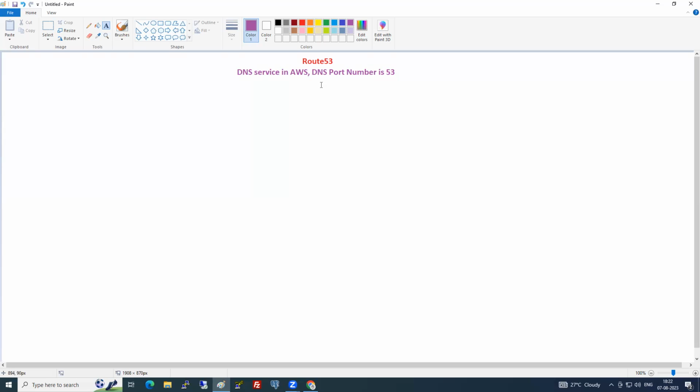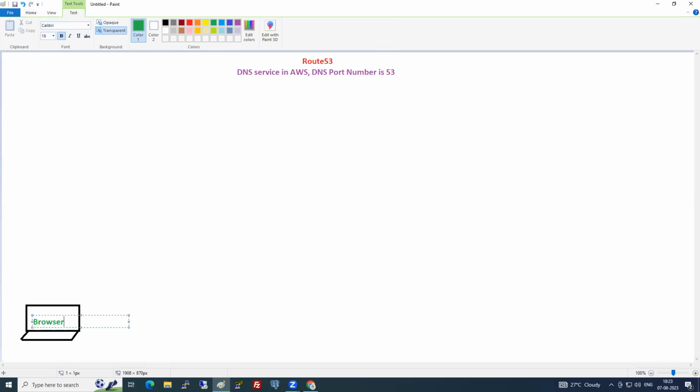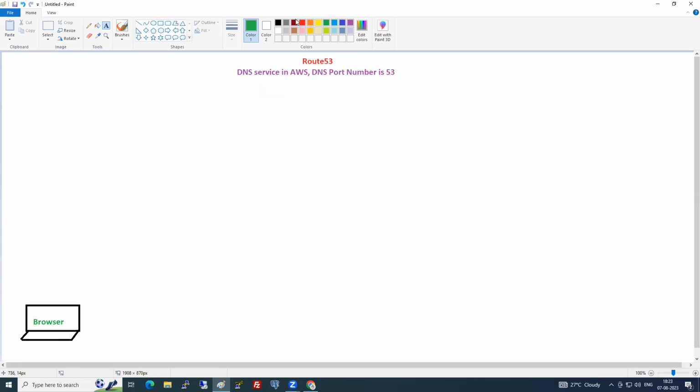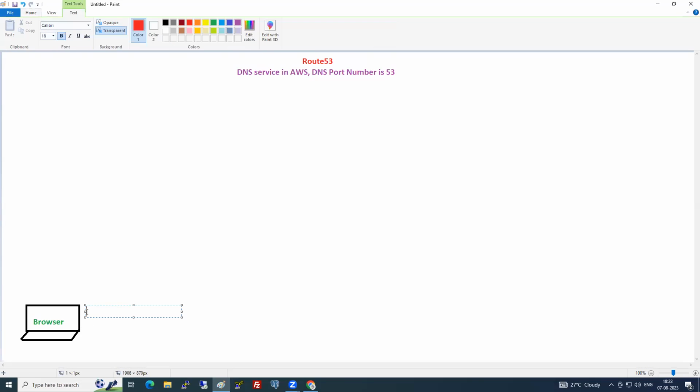I took someone's laptop, and in his laptop he opened the browser. So the browser required two things. What are those? Host name and then IP address. Very good.